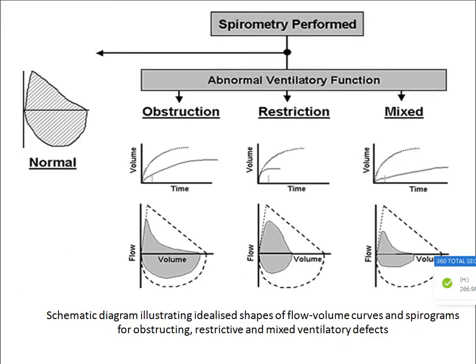So you see this diagram again. You see the flow volume loops. In the first one there is obstruction, with coving of the expiratory curve. In the second diagram, the flow volume loop size is diminished because of reduced lung volume. This is restrictive lung disease. Sometimes you can see both obstruction and restriction. In the third diagram of flow volume loop, there is coving of the expiratory portion as well as decreased lung volumes. So both obstruction and restriction are there.